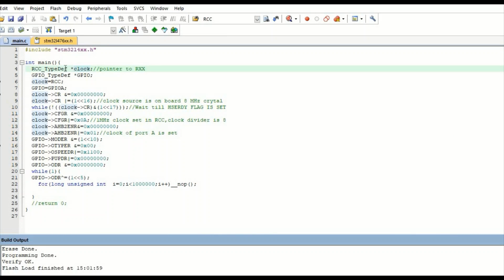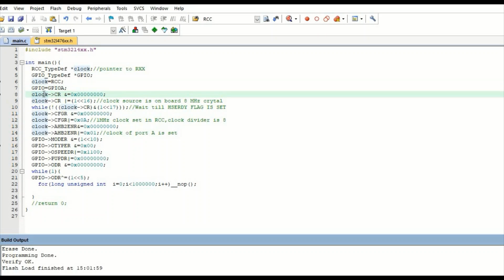So we have created a pointer to this structure. Now you want to access its elements. First I will tell you how to put the address of RCC into this pointer. So this is RCC. I will simply assign the address of RCC to the clock pointer. So the address of RCC is assigned in the clock pointer.